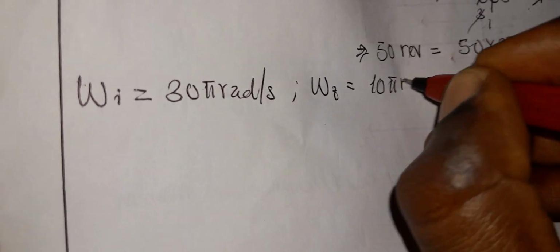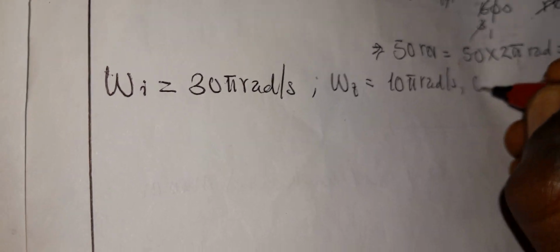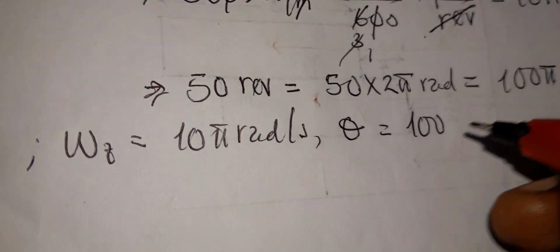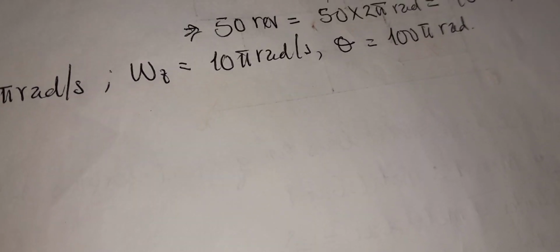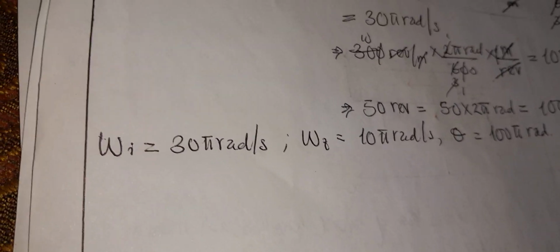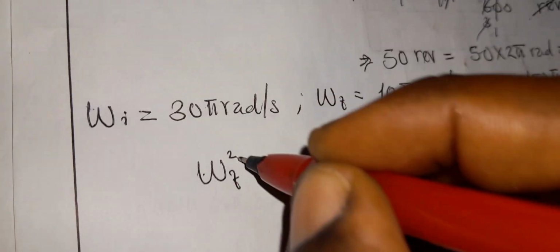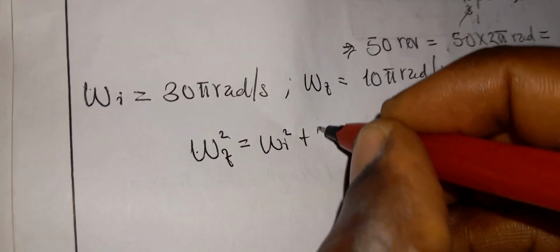The final angular speed is 10 pi rad per second, and then the angular distance is 100 pi rad. Now the question is, what formula do we use? Now from what question is that? Question 20, we'll be using this formula that says the final angular speed equals the initial angular speed plus